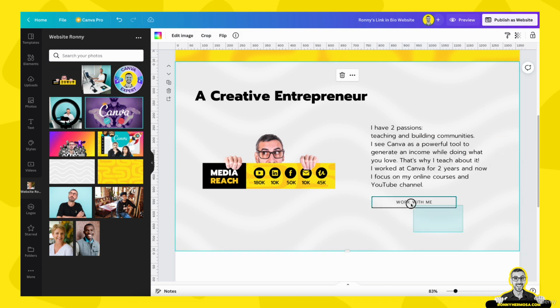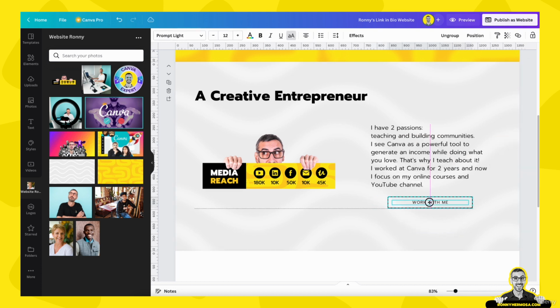Now, this is what I have. I have this button right here that I can center with my text box. And this button needs to be custom as well. Okay, so from here, what I would love to do is to redirect people to another website that I have